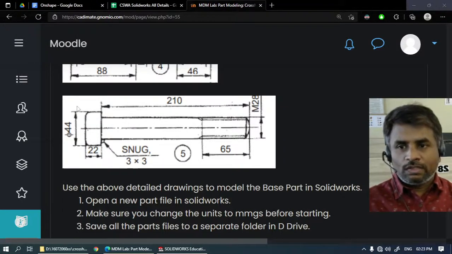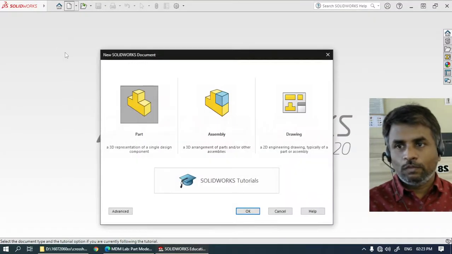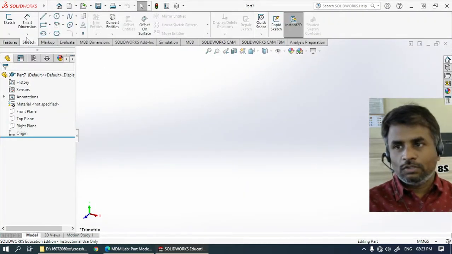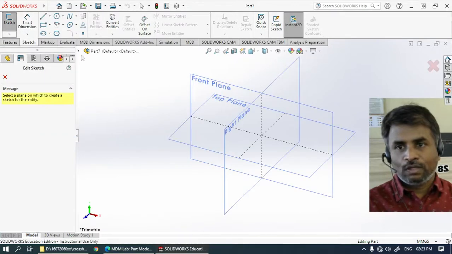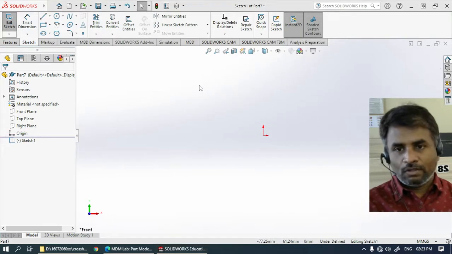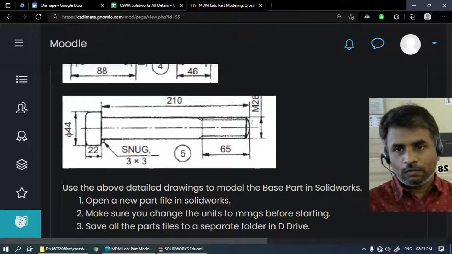This video will create this bolt for our CrossHead assembly using Solidworks. Let's go ahead, take a new file, ensure that the units are set to MGS, and of course, as usual, let's go for the first sketch. First, we will be doing the sketch in the front plane, and now we have to create the cross section